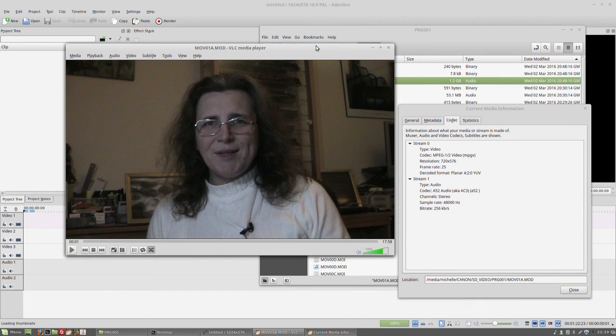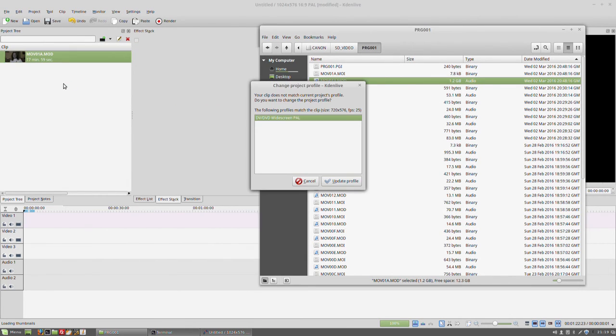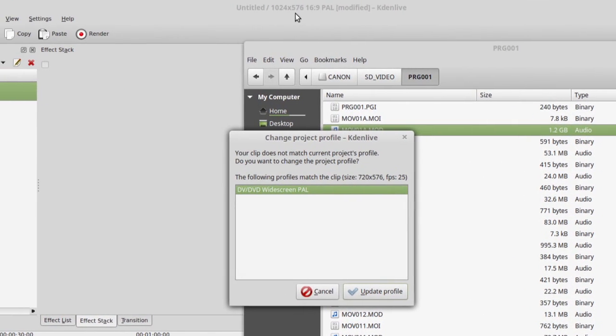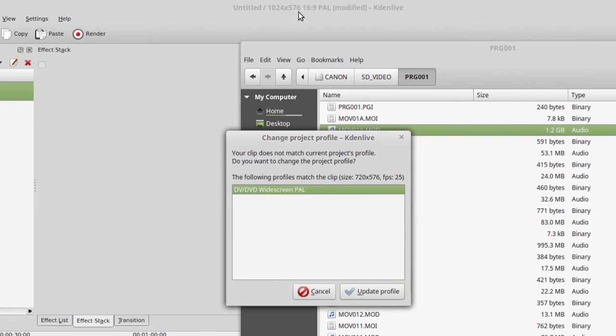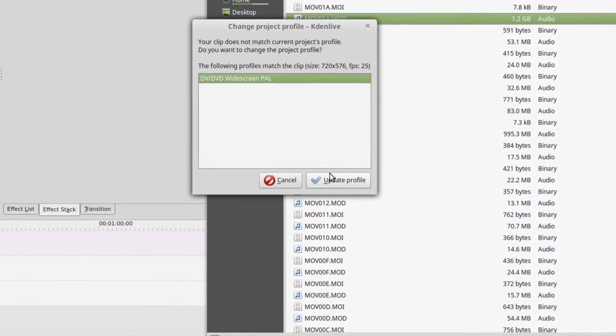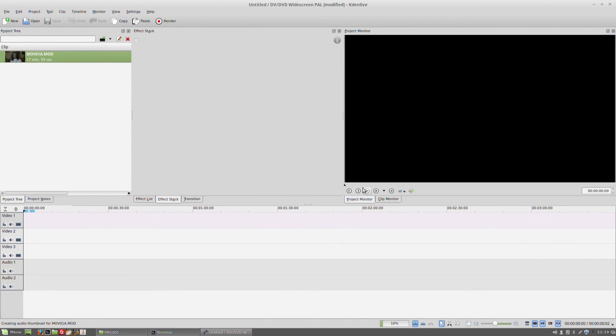Now, what I have to do, if I dragged this file in and said, OK, update the profile, because this is saying, your profile is actually 1024 by 576, but this is actually 720 by 576. If we update the profile, what'll happen is the rendered output will not match what you're seeing in the project monitor, because it will be